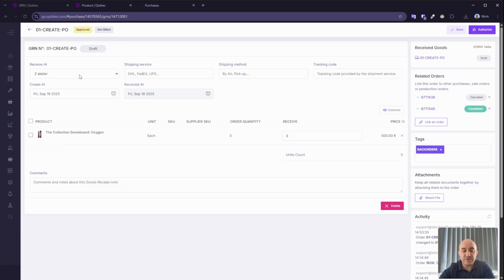Now we have the goods receipt note, which is ready. I can select the location where to receive these units. I'll choose Oslo. I can add extra information that is useful to track the goods receipt note from the supplier, things like the shipping service, the shipping method, tracking code, and the date of creation, and things like that. I can also add comments and notes,